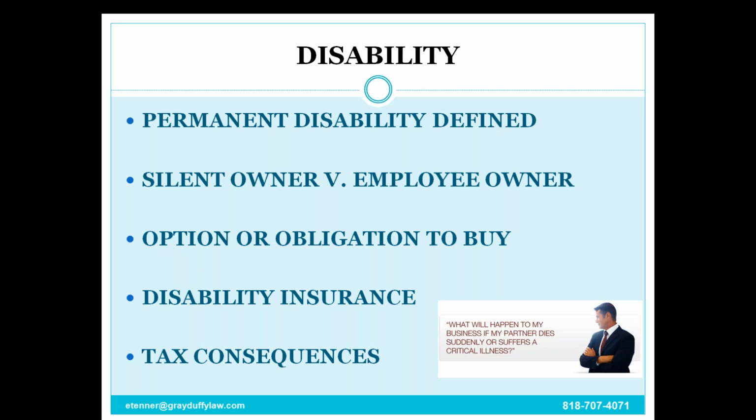So what typically happens upon permanent disability is one of two things. Either the disabled owner is allowed to retain their interest, or they're required to sell. If the disabled owner is an employee, which is usually a general manager, the other owners will likely want to replace them with a new general manager, because often the manufacturer's agreement will require that a general manager own an interest in a dealership. Not all of them do, but some do. And so you want to make sure that you get that interest back, have the right to buy it back, so that you can sell it again to a different owner, to a different general manager that you hire.